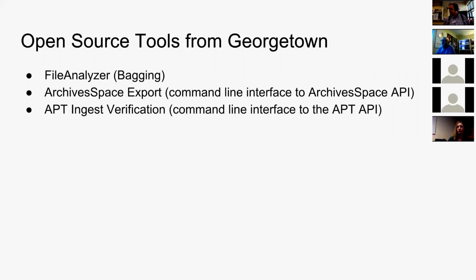So there are three tools that I'll mention that we have made available. We have a tool we use called File Analyzer for doing a lot of digitization support. And we use that as a wrapper around the BagIt Java library to create our AP Trust bags. We also have a command line interface to the ArchiveSpace API to facilitate exports from ArchiveSpace.